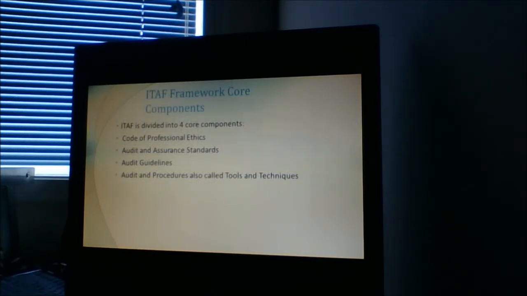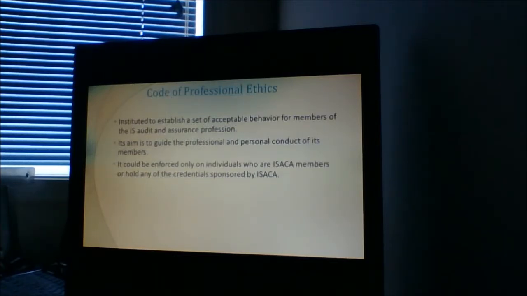Next, I'm going to talk about how the ITAF framework contains four core components. The first one is the Code of Professional Ethics. Next, Audit and Assurance Standards, audit guidelines, and audit tools and techniques. The first one is the IT Code of Professional Ethics.